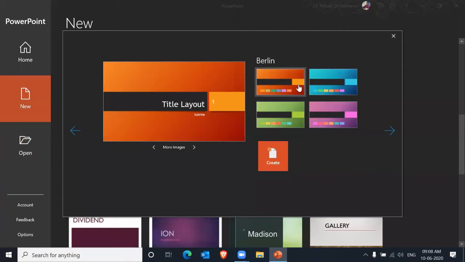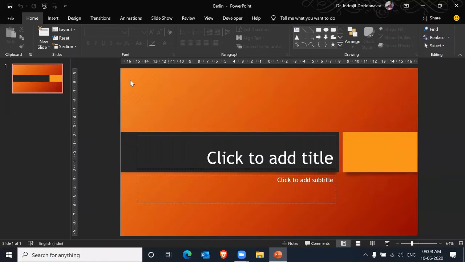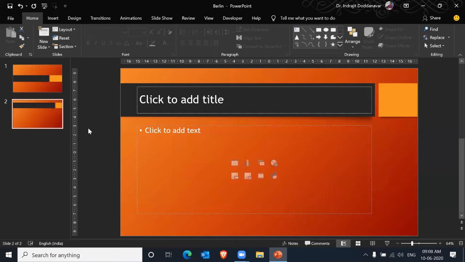It shows you which color combination you want, whether blue, green, or violet. When I select orange and say Create, it automatically takes everything. It creates the design, and it also creates particular sections and all that, right?